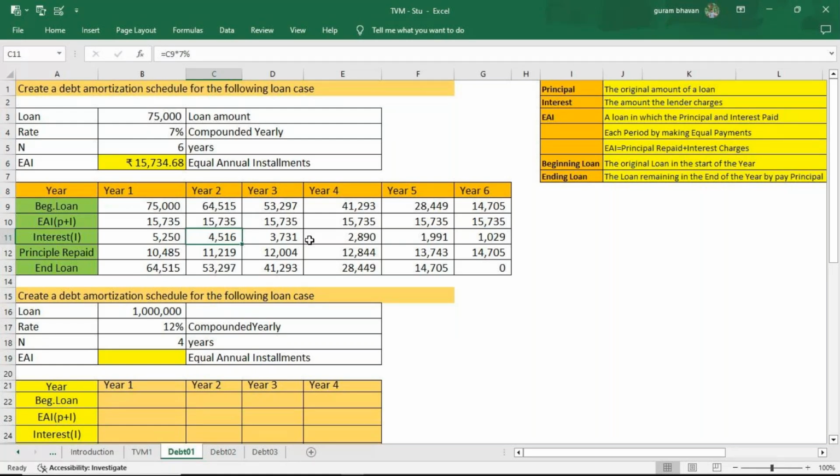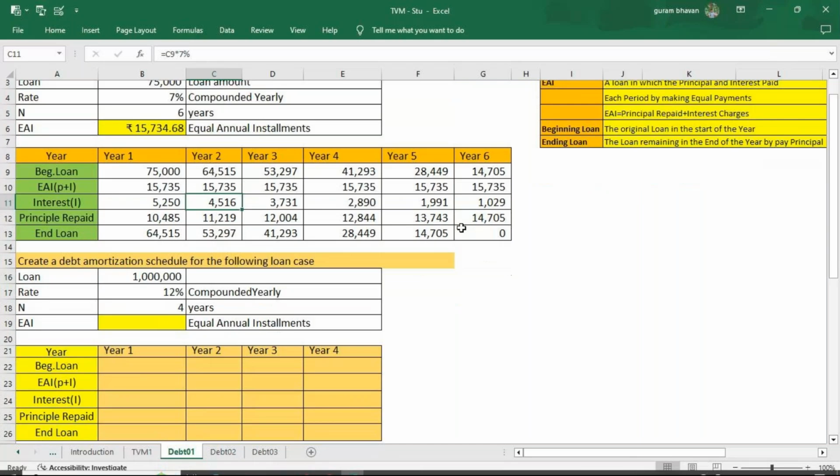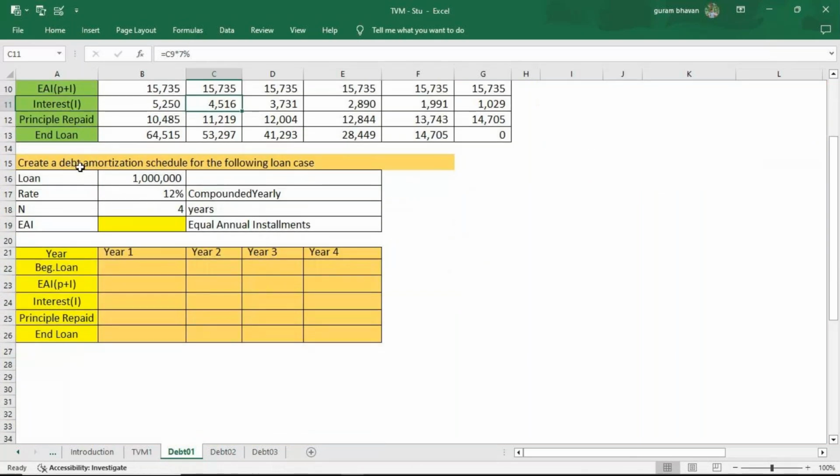Okay, so let's do the next one. Here also, create a debt amortization schedule for the following loan case. I am taking a loan of 10 lakh rupees compounded yearly. 12% is the rate of interest, and N per is 4 years. So I need to put the PMT function here. PMT: rate is 12%, N per 4 years, present value is 10 lakh, future value is 0,